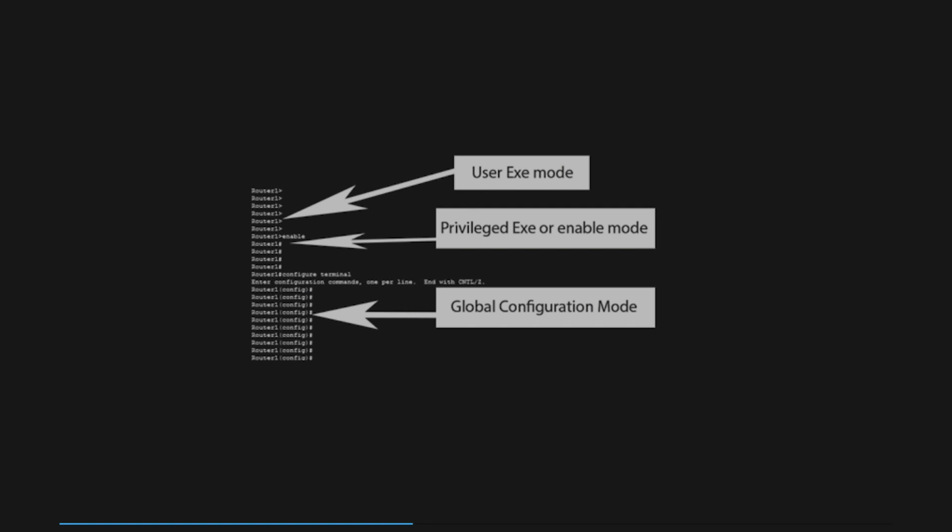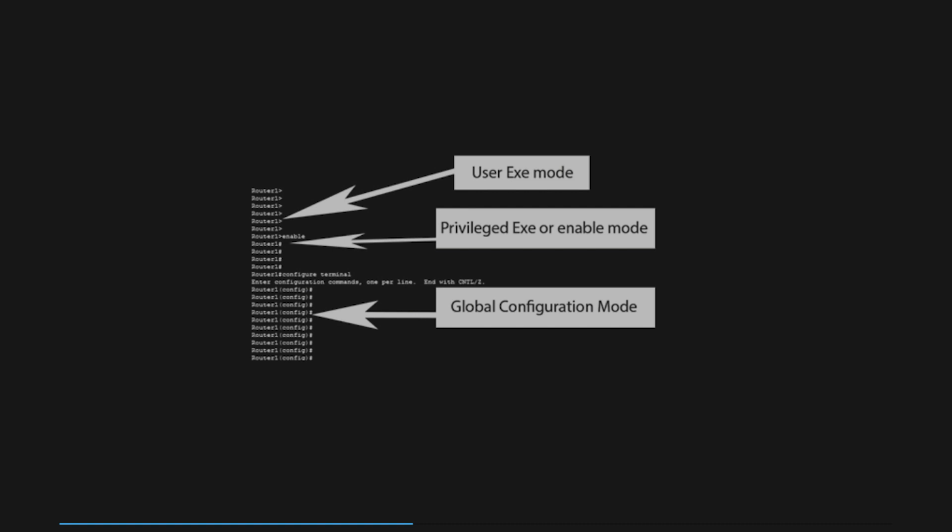Privileged Exec mode. To gain higher privileges and perform administrative tasks, users can enter Privileged Exec mode using the enable command. This mode is indicated by a hash symbol in the prompt. In Privileged Exec mode, users can execute configuration commands, view system information, and perform diagnostic tasks. Global Configuration mode.